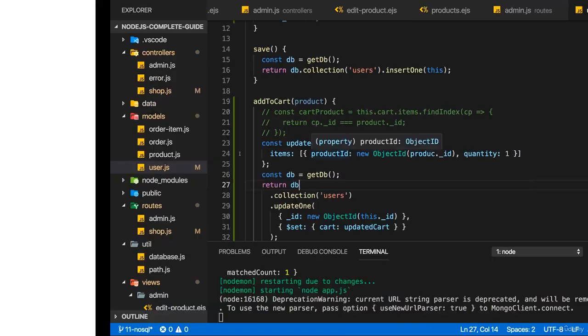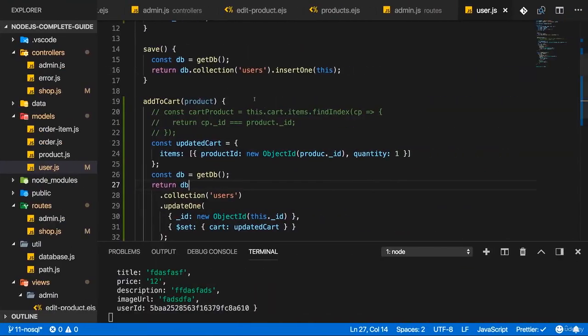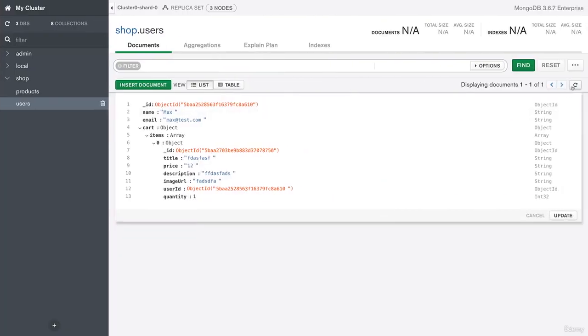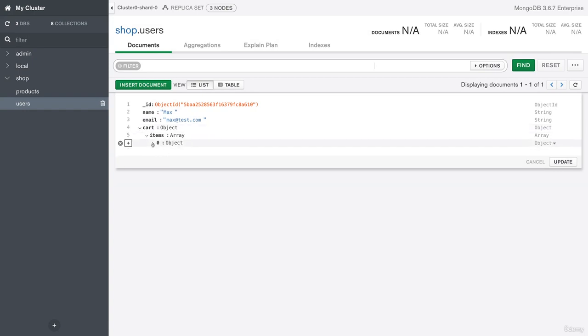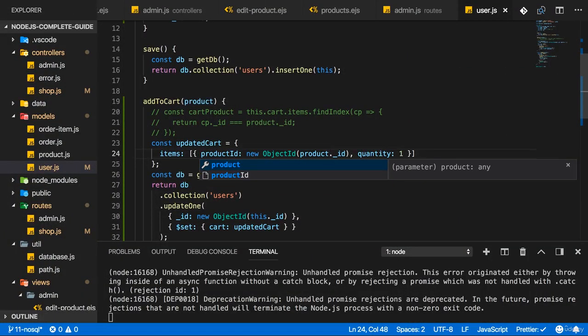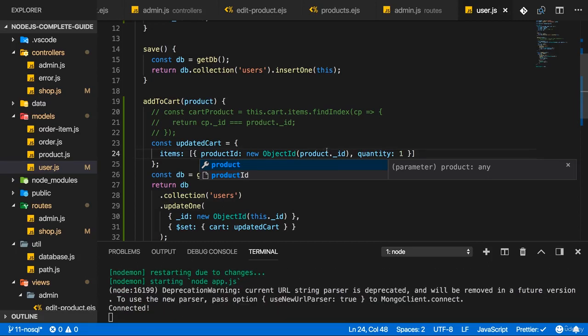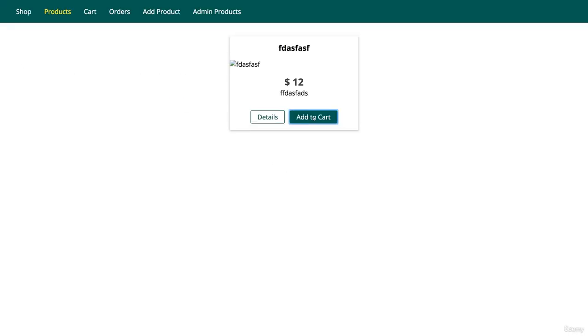If I now save this and I click add to cart again, it gets stuck again. It doesn't matter too much right now. If I now update my users, I get an error here. That should be product._id, product underscore ID. I forgot the D. So now again, if I update this and I click add to cart again,